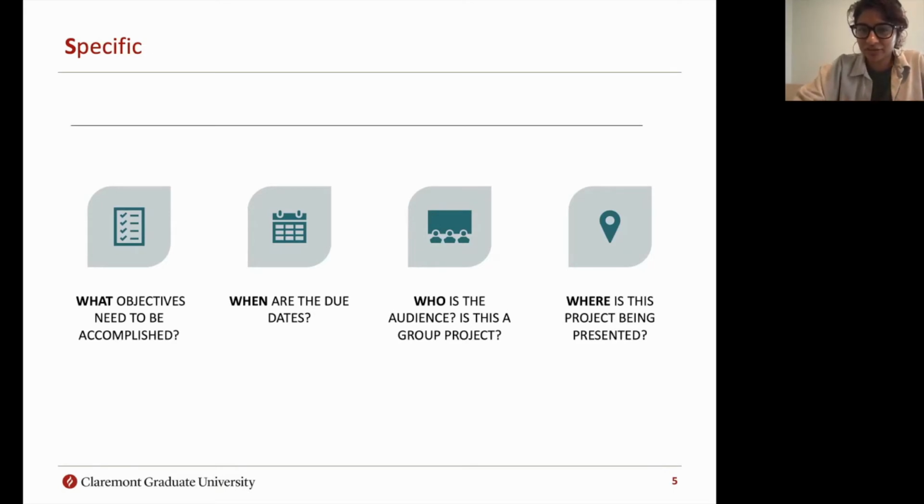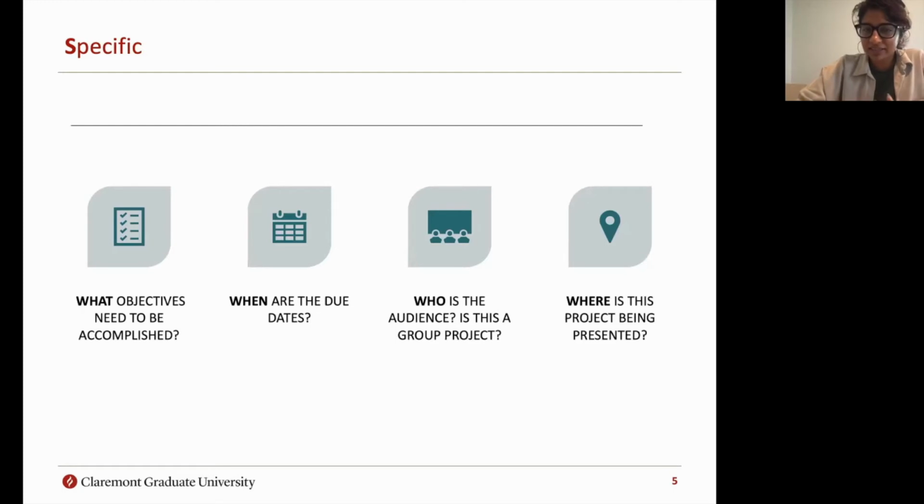The next one is thinking of who is the audience. Is this a group project? Who is involved in developing this project? If you're writing this paper by yourself, it's important to note that, as opposed to writing it with other people, or having other people interacting with your project through peer review or responding to your work. Is your professor reading it? Is this involved within a larger committee? All of these things are going to adjust how you set up your goals in terms of deadlines, the type of voice that you need to present, understanding who is reading your paper, and also understanding the workload going into setting up these goals.